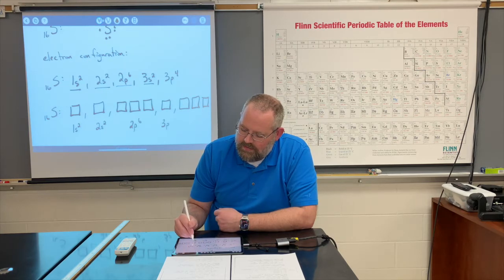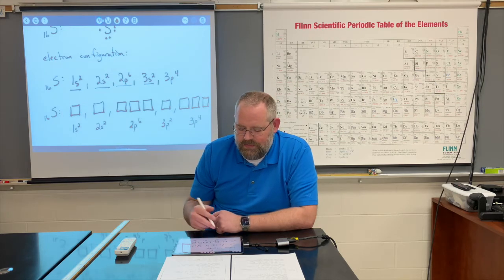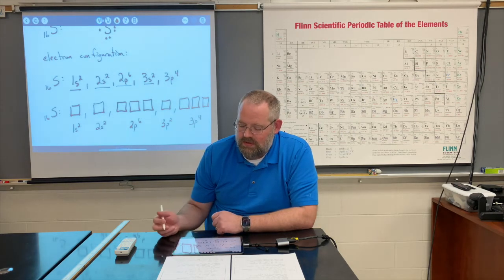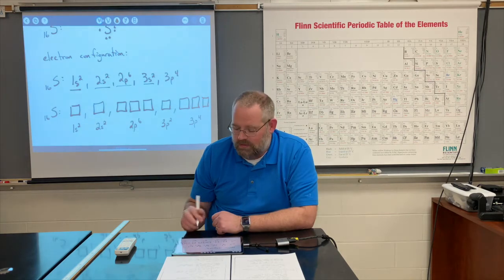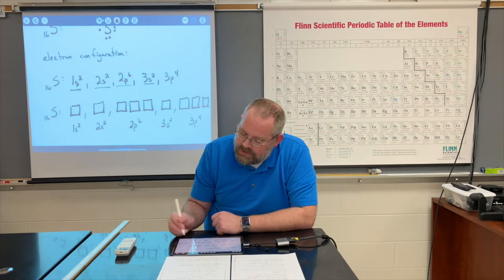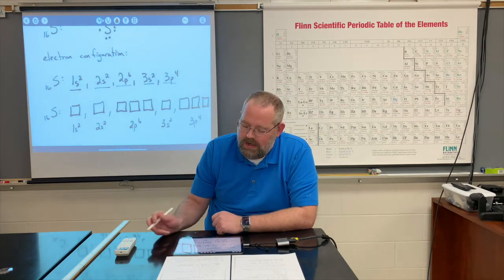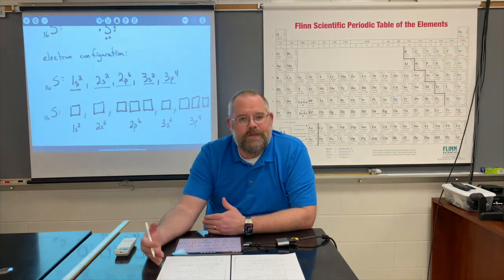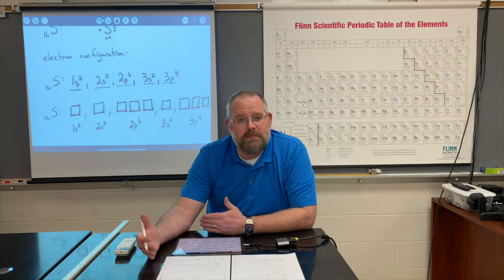So we have 1s2, 2s2, 2p6, 3s2, 3p4. Okay, now what we're going to do is fill in our arrows depicting our upspin